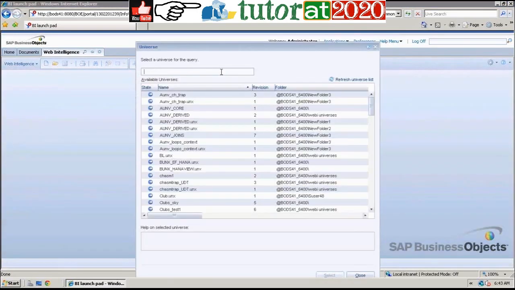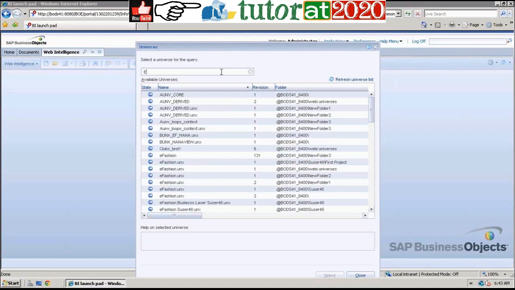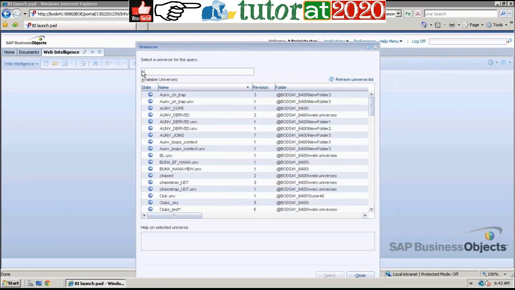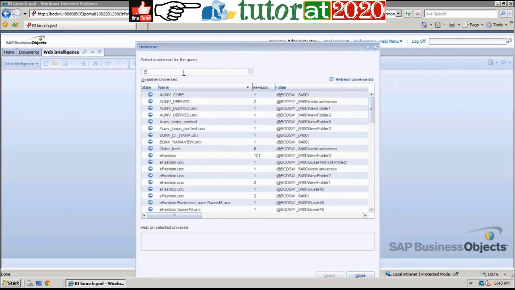So now, let's select the eFashion universe. These are the list of the universes you can see, right? So we can create a report by connecting to the universe. We can create a webi report by connecting to the BEX queries. We can also create a report by connecting to the analysis view. These are the different sources we can connect to and generate a report. Here, I'm just creating a report by connecting to the universe,